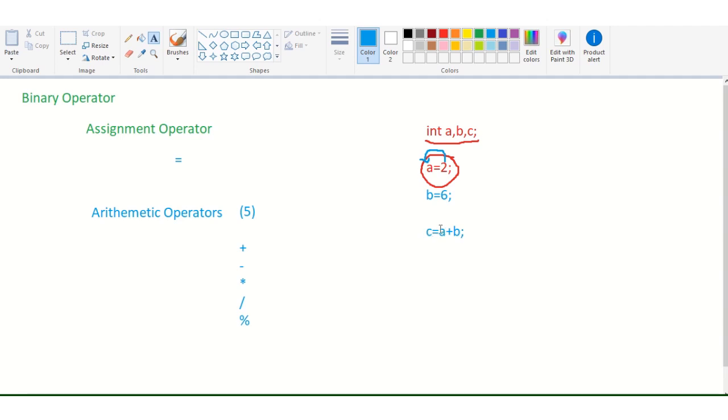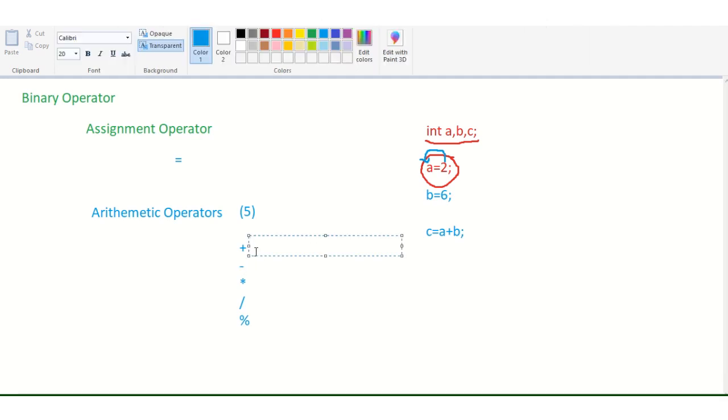This complete a plus b is the arithmetic expression, and the left side is the variable. This arithmetic expression is assigned to c. This performs addition, next this performs subtraction, next multiplication, after that division.